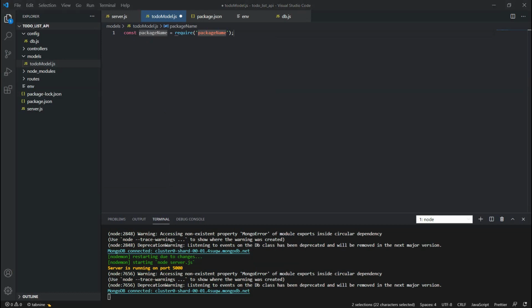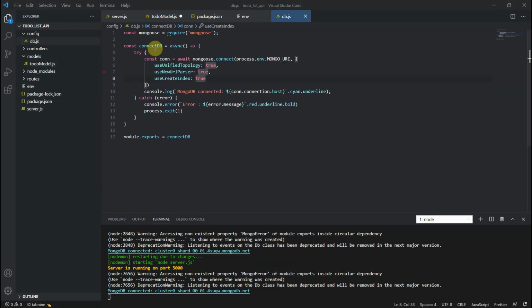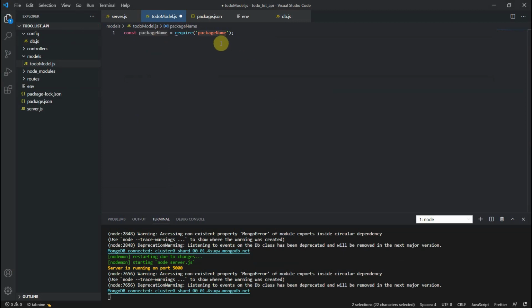Now in this package I am bringing that mongoose. Okay, till now I don't need anything else in this file.